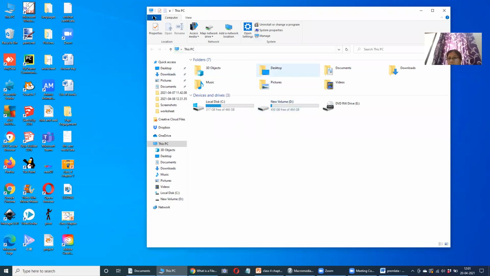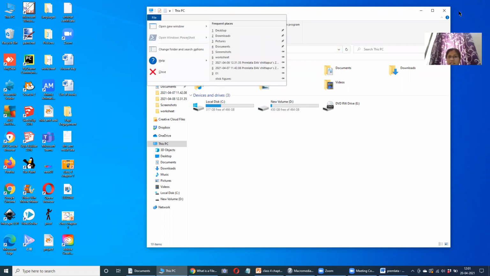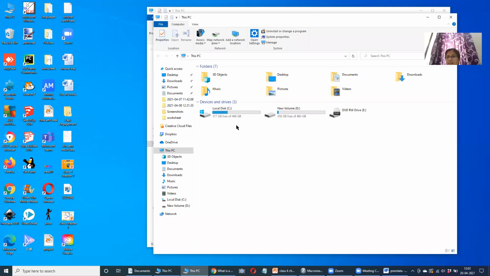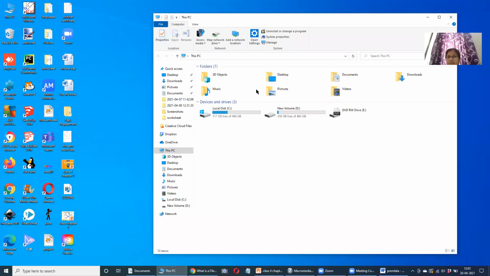From there, you will be able to search the File Explorer. From here, you can search the files. Can you just see here? This is my File Explorer. From here, I will be able to search my different files available on my computer, right?